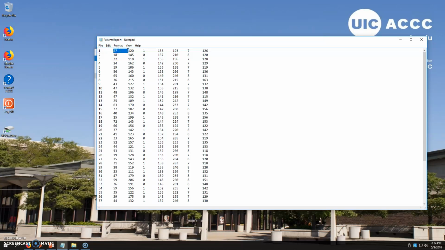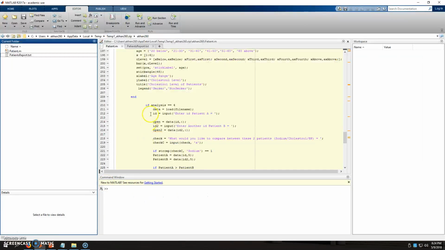ID, age, weight in pounds, male, female, where male is 0 and female is 1. This is sodium level, cholesterol level, non-smoker, smoker, where 7 is non-smoker and 8 is smoker, and this is blood pressure, systolic one. Okay, let's go on to the